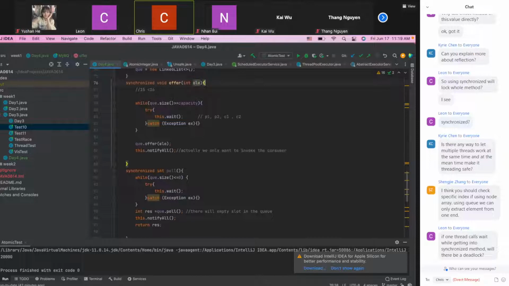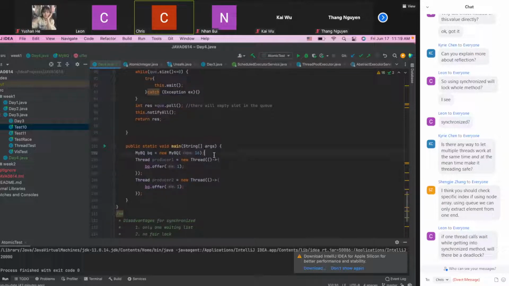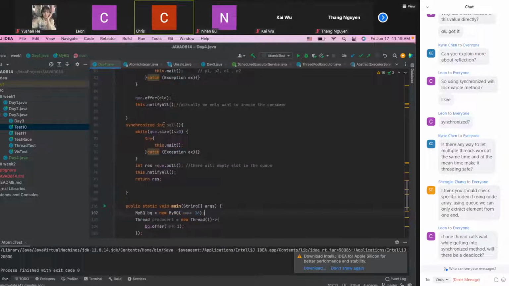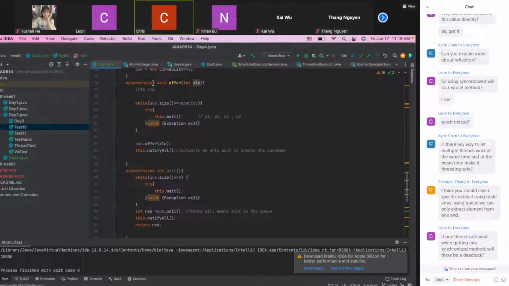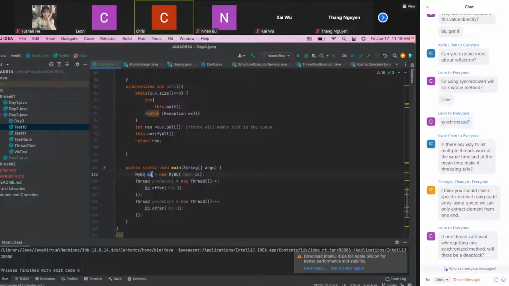So there is a possibility that they are trying different monitors. As I explained yesterday, remember that when I synchronize the non-static block, they are actually trying to acquire the monitor of the specific instance. So you see here, the instance is the BQ instance that was created. So when you call offer or poll, it will try to acquire the